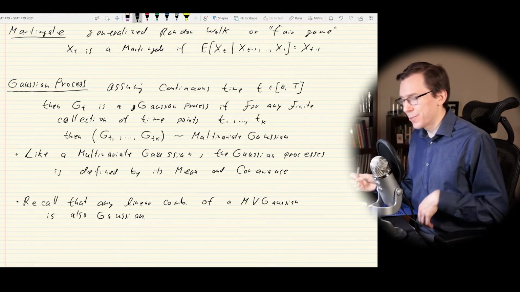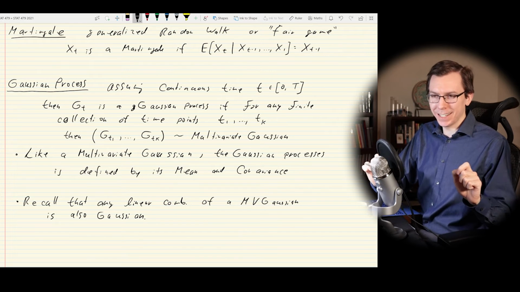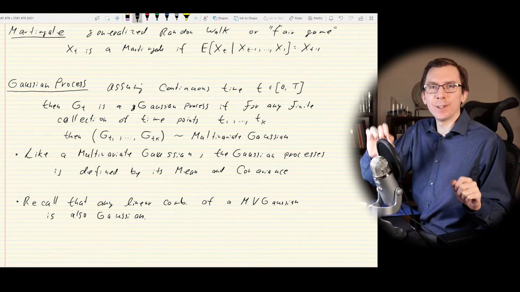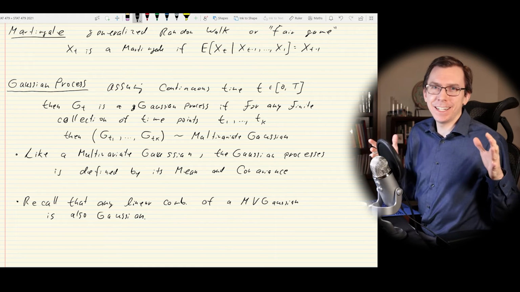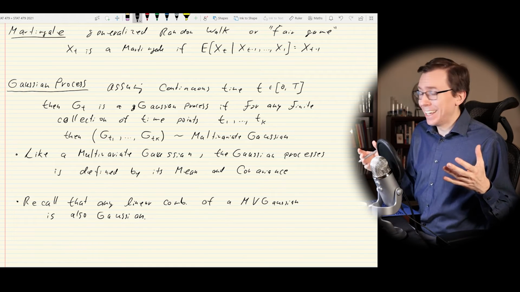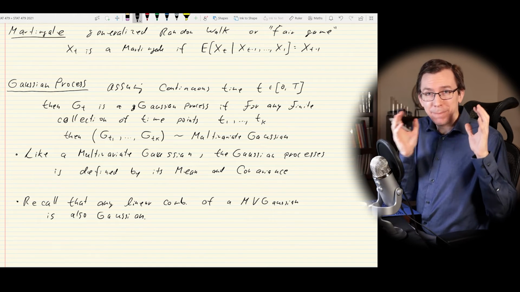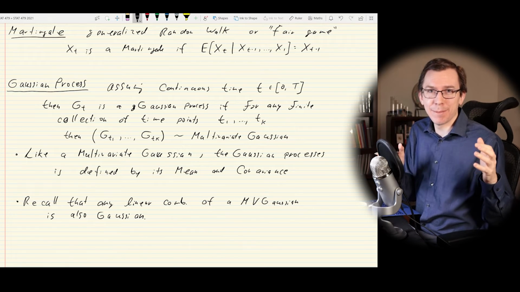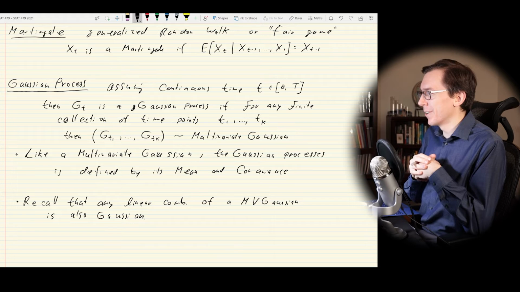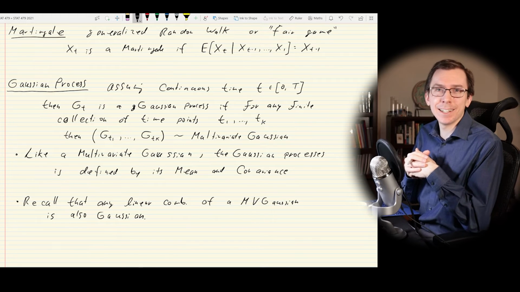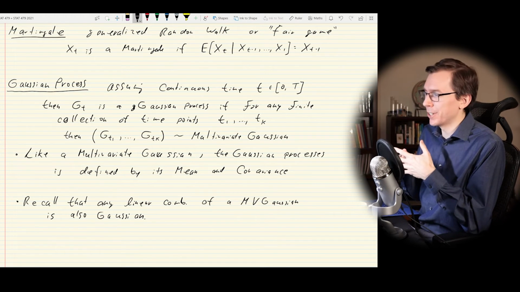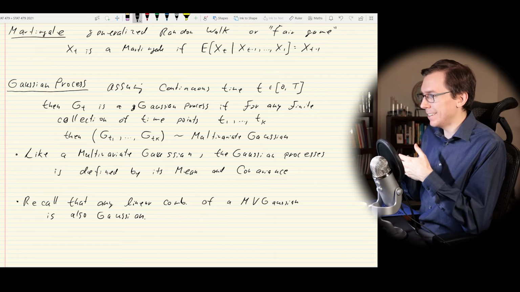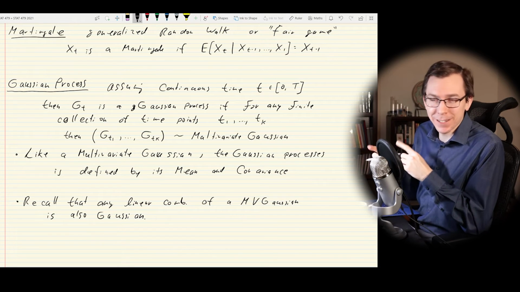So the multivariate normal, the joint normal, is a very nice distribution, because if I take the pieces of that and combine them linearly in any way, in some sort of sum or linear combination, then what I get out is also going to have a normal distribution. That's really nice for a lot of reasons, but specifically for time series,